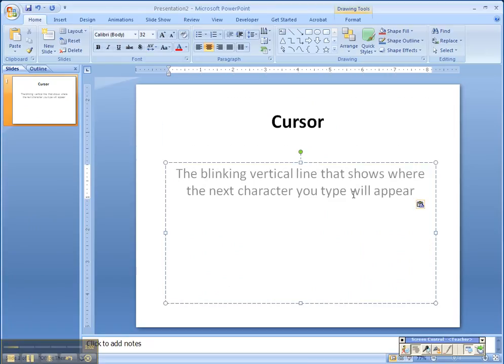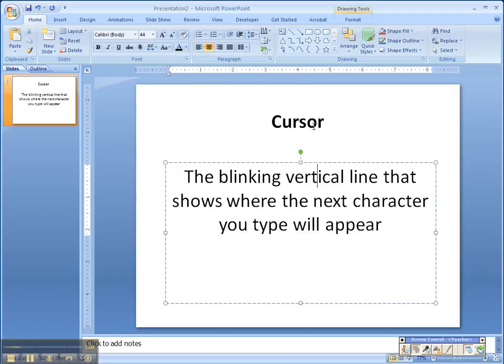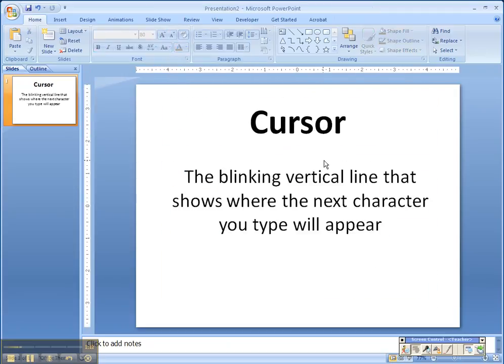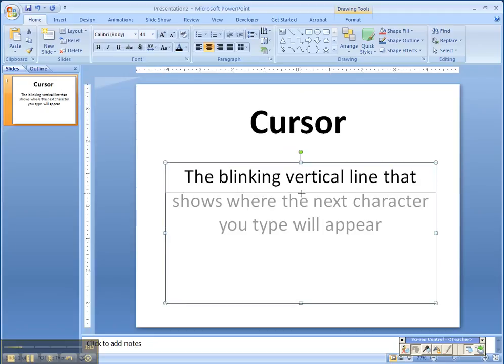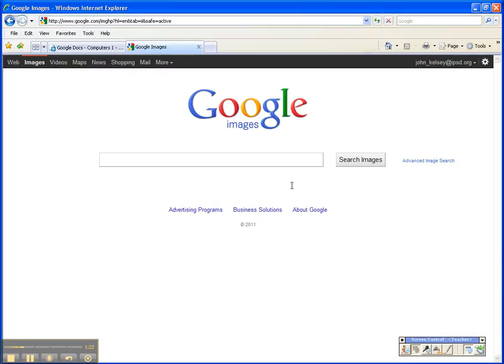One thing you may want to do is maybe make these fonts a little bit bigger. Maybe make it black so it's a little bit darker. You can mess with those things. But I don't want you to pick a font that's so crazy that I can't read it. It needs to be a school-appropriate font. So I'm kind of moving these things around. That's your step one. Step two is to go on Google Images and find a picture of or having something